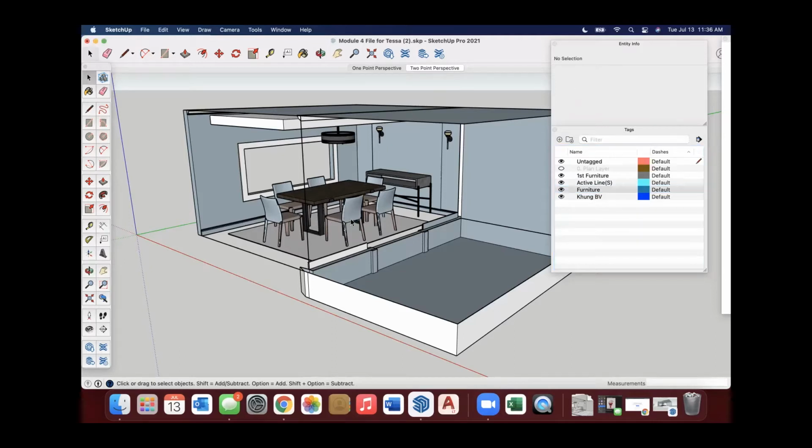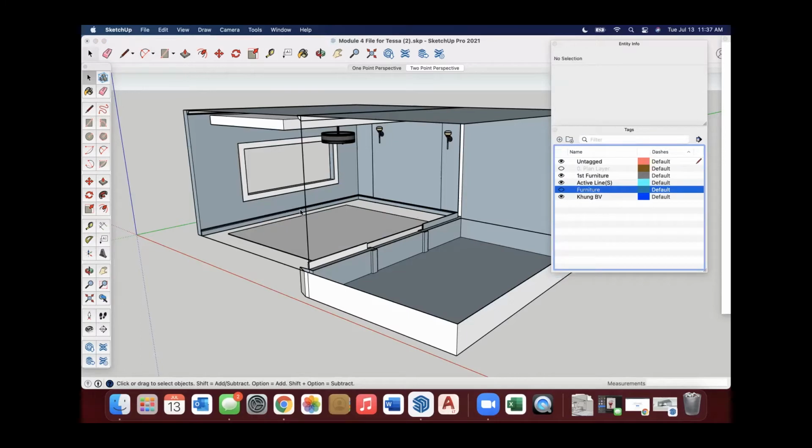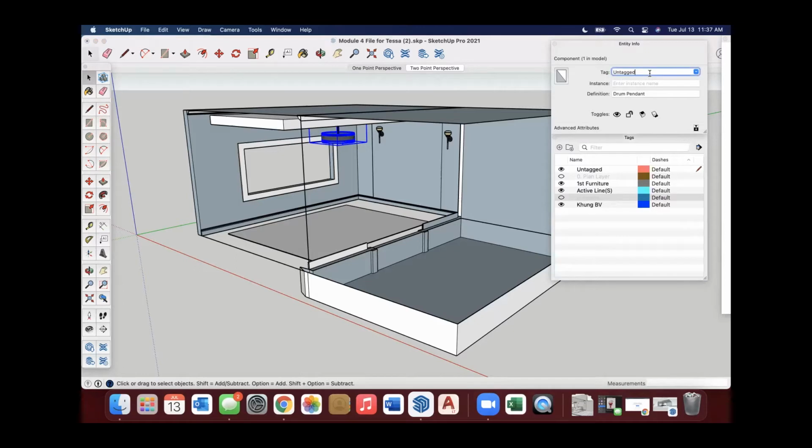So now I'm going to select, I'm going to hold down the shift key and select multiple items, so whoop, don't grab walls. Didn't want that, just the furniture. And I am going to select all that and put it on furniture. And now to verify, when I turn off the furniture, it goes away. And again, if you miss something, like if you miss one of the chairs, just go back, select it, and add it. You can always add, you can always subtract. If you accidentally put this lighting on the furniture, we'll turn the furniture back on, then just re-click it, go up here, and change the tag.